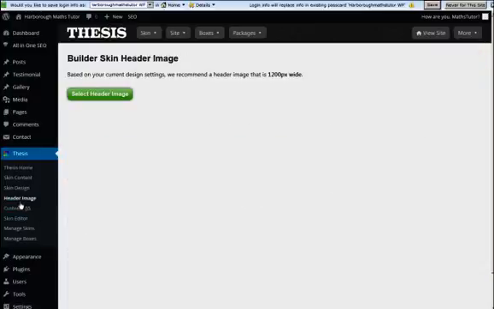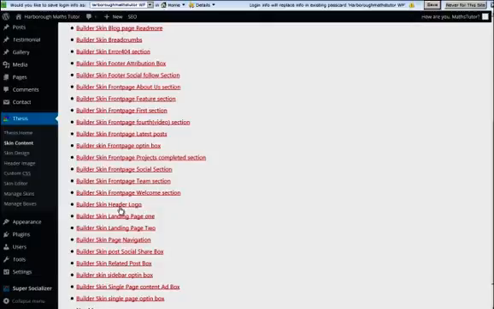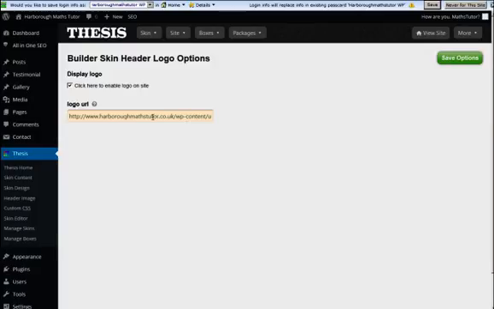Now, one thing with the header image in the left menu here, check first if there is a box specifically for the header logo, because if there is, quite often that will override the header image settings that you might put here, so just check that. In this instance we have got a header box already, which is here, header logo, so that's where we can define the logo image. So I'll just copy and paste the image URL, the web address of the actual image itself in there. Now the place to get your image URLs from is if you go to media